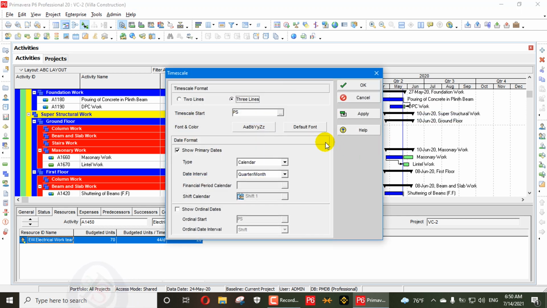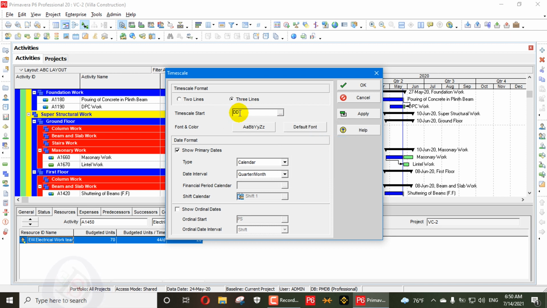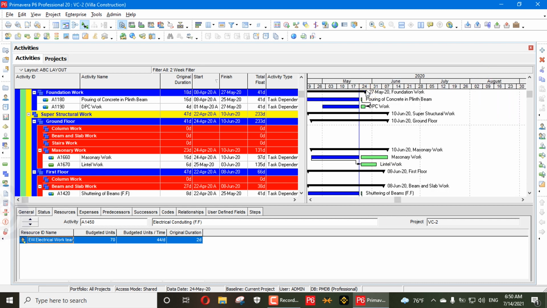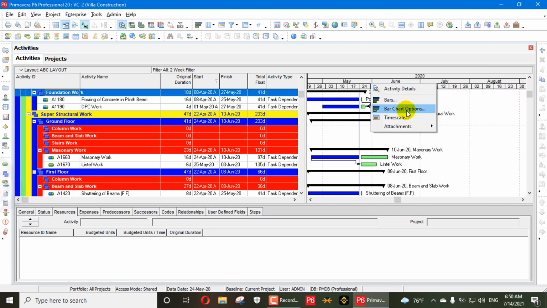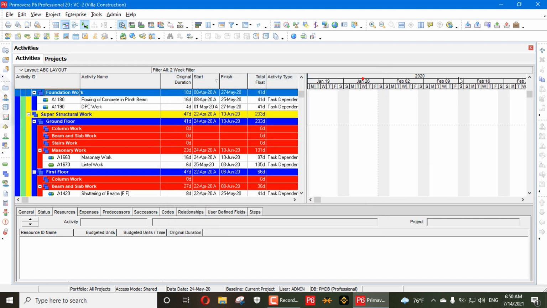We will go in time scale, and in time scale the data date should start from minus 1 week, and the calendar here should be month week, and here the weeks and the months are showing. Also in time scale we can go here and the weekday 1, and also the weeks are showing here.